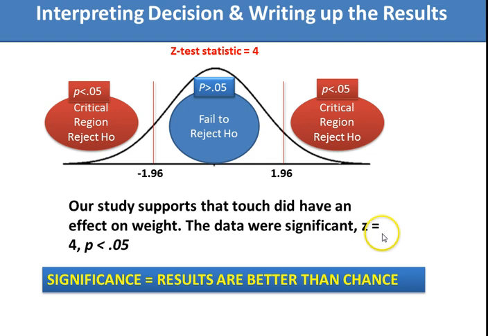And statistical statements always begin with the letter of the test followed by the mathematical outcome of the test. In our case, we ran a z-test, so we would use the letter z equals, our mathematical outcome was 4, followed by a comma, and then we would write the decision that we made, but we would write that decision